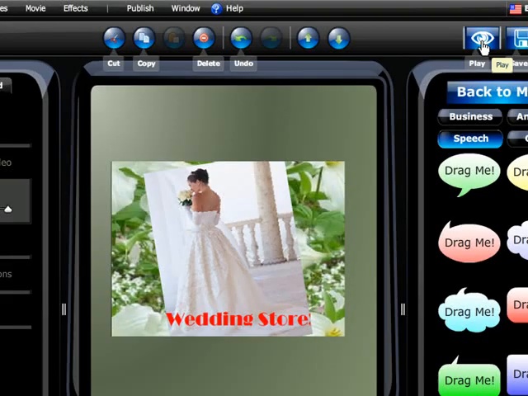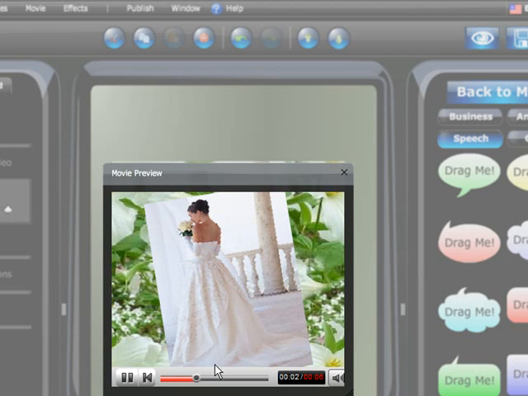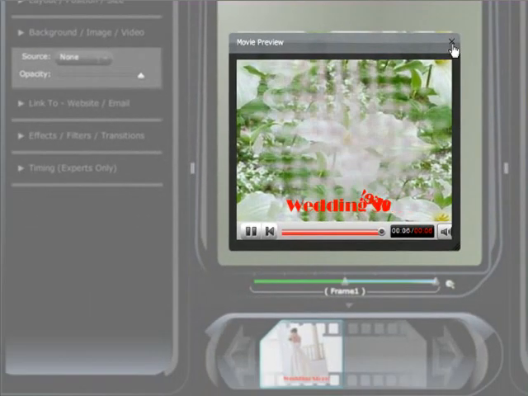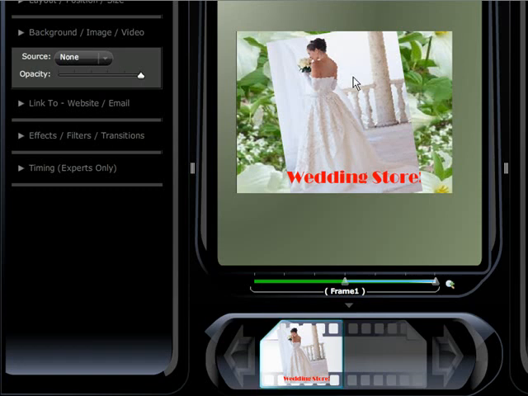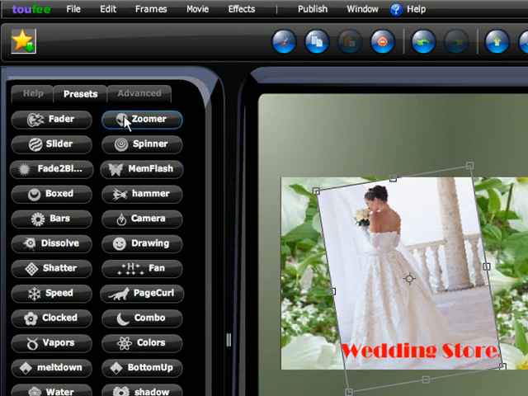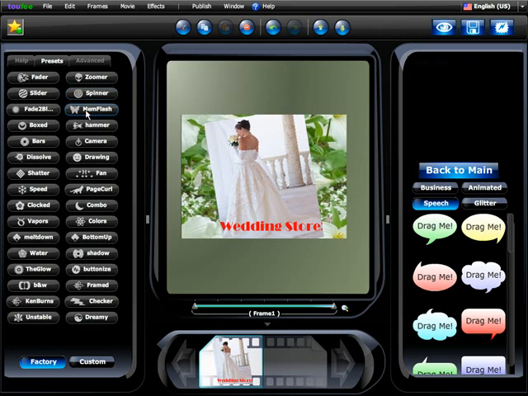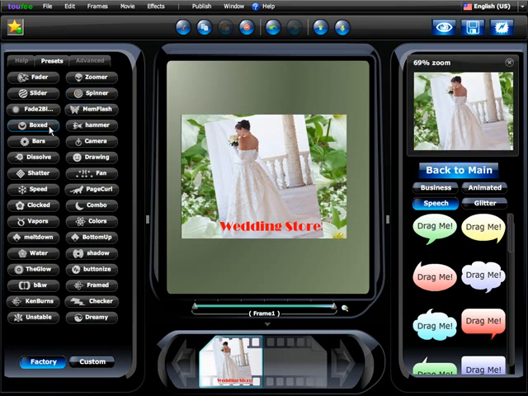Pretty easy, isn't it? Here is how it gets even better. Did you notice the effects and transitions in your flash movie? Flash movies are all about style, and that's what you get with Toufee. Traditionally, to create even the simplest of animations and effects in Flash, programmers have to write thousands of lines of programming code, but that's the old way of doing it. The new way is Toufee, where the same can be done with a few mouse clicks, and all that programming